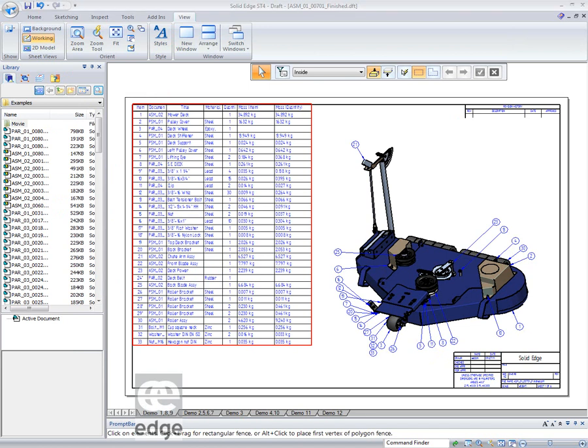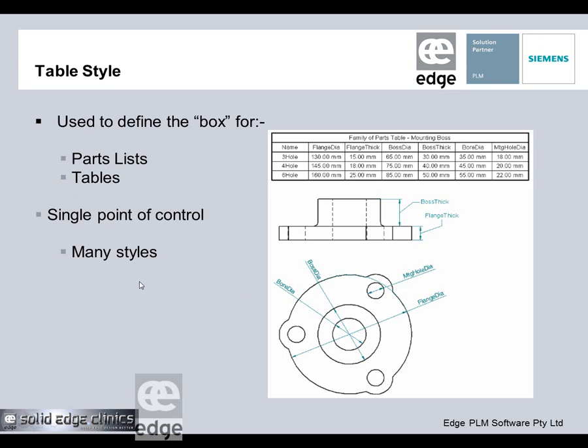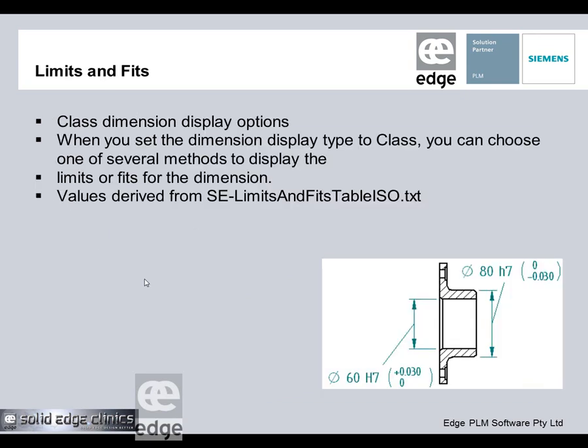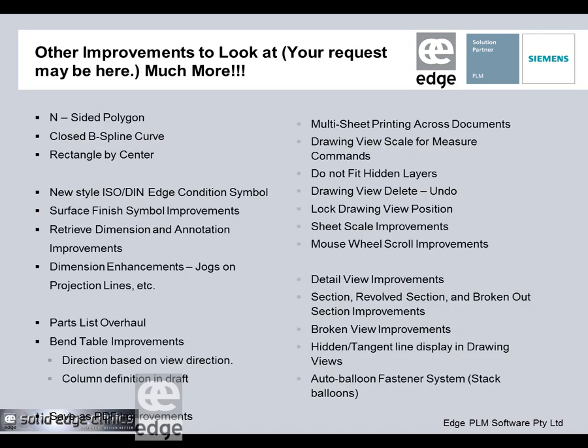what's next? I'm getting to the end, so if your sandwich is running out, don't panic. This is something that's been around for a little while as well, and has been misunderstood, but it's class fits. These have been used in industry for a long time, so you've got shaft and hole type fits. You can apply a limit or fit to the dimension in various ways, and it's all derived from a standard table. We provide the table for you. We'll have a look at that in a moment, but let's have a look at the